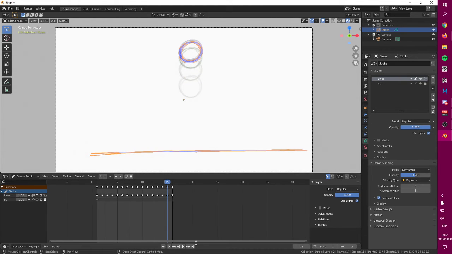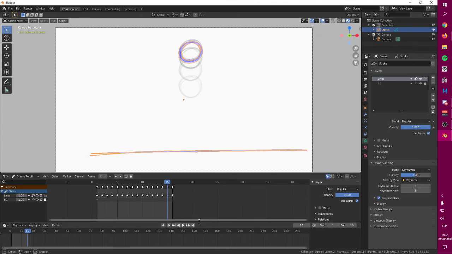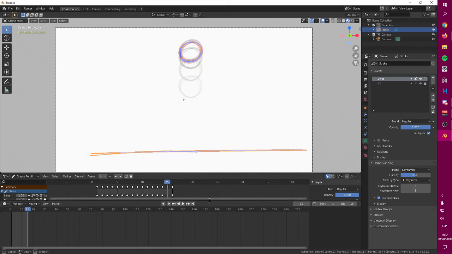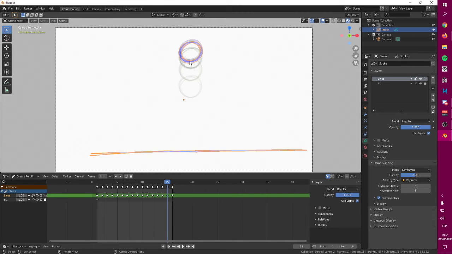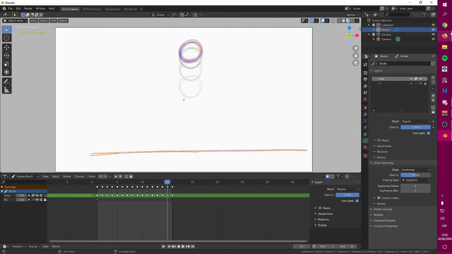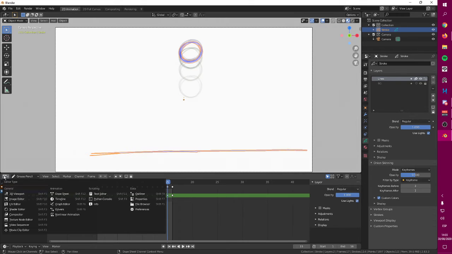Grab this thing that is in here, which by your surprise is another timeline, but a different timeline. This is very important. When you are dealing with grease pencil objects like this one, where you are drawing with Blender, you are using the dope sheet. Yes, this sheet is dope.